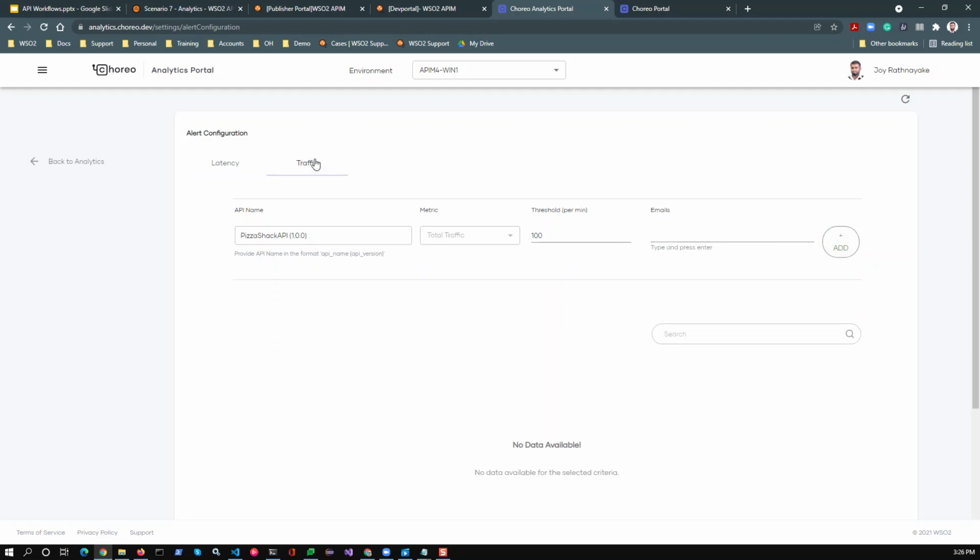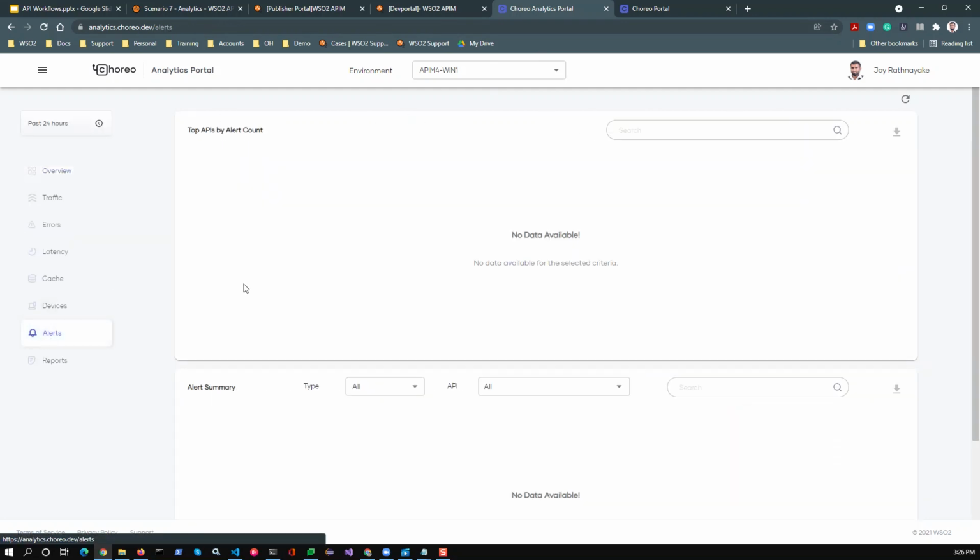You can specify traffic related alerts as well using this. Once you configure these alerts, you will be able to see the alerts related information using this option.